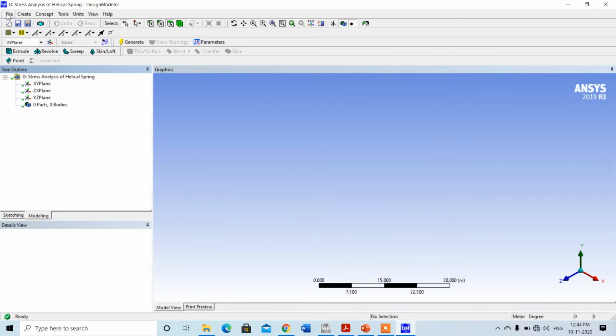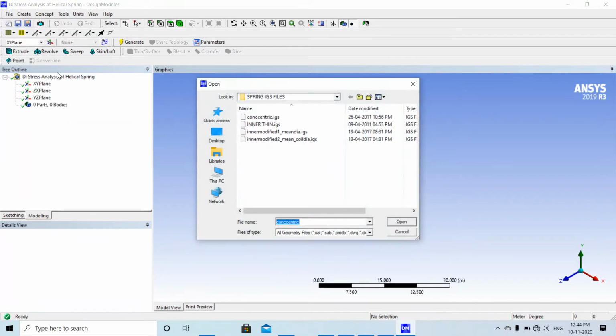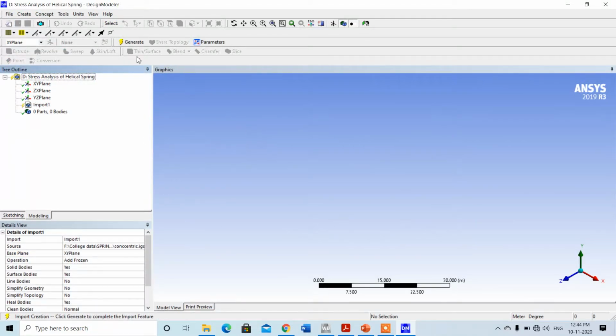Click on file, then import external geometry. You can import the external geometry in IGS or STP format. Those models you have prepared in any modeling software, that is Creo, CATIA, SolidWorks, Solid Edge, you can save in IGS or STP format and import into ANSYS.